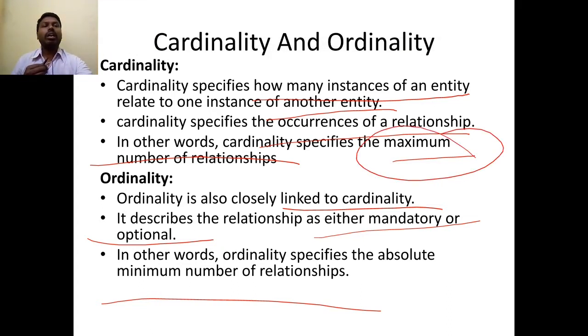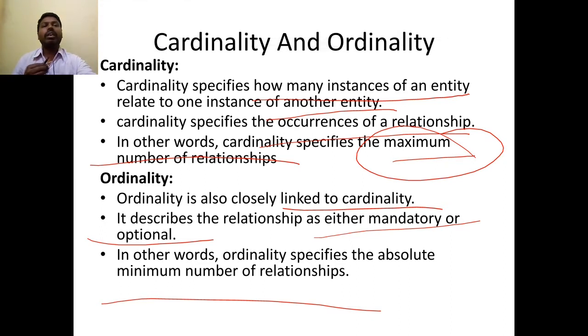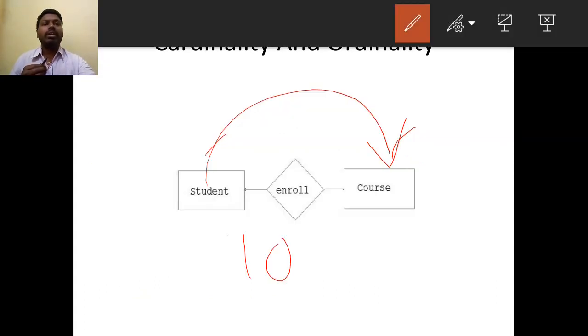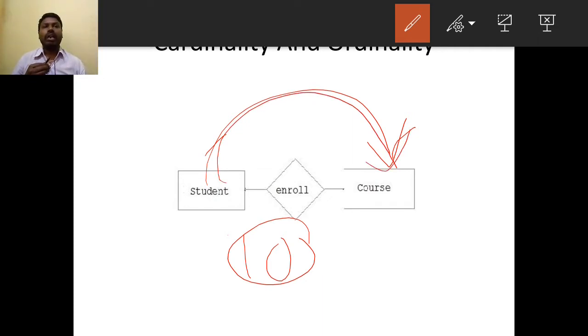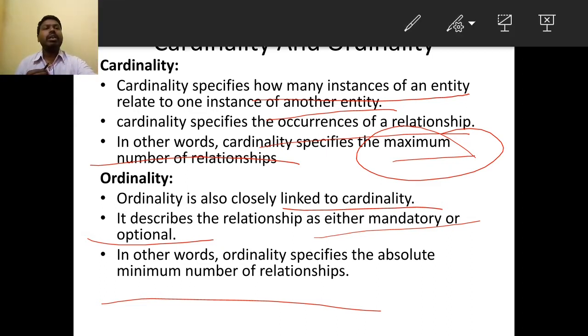So, put simply, cardinality specifies how many instances of an entity can relate to one instance of another entity. Here I specified that the maximum number is 10, so a maximum of 10 students can select a course. Understand? This is cardinality. And what is ordinality? Here I can say whether it is mandatory or optional, which means the minimum number